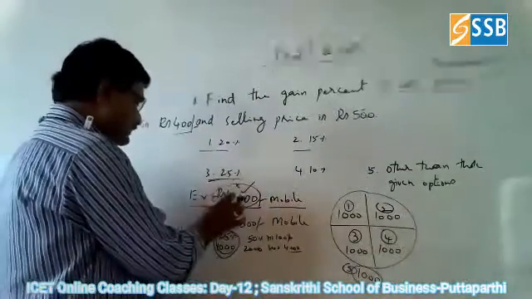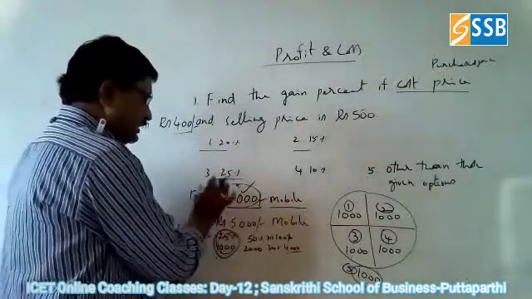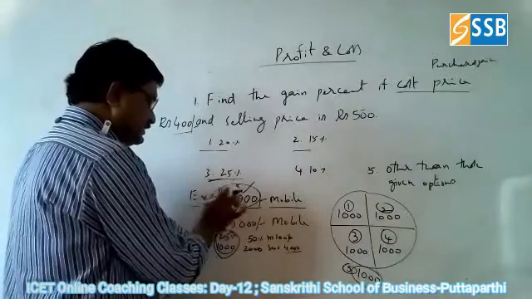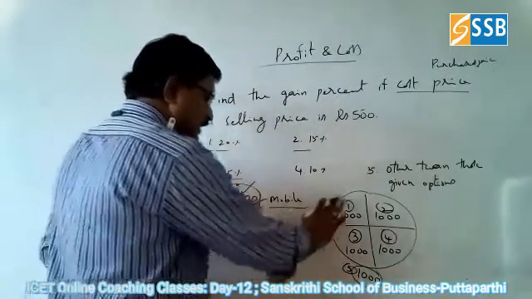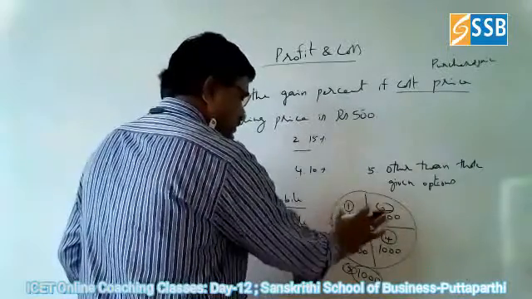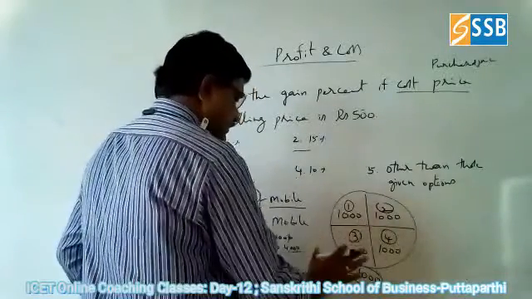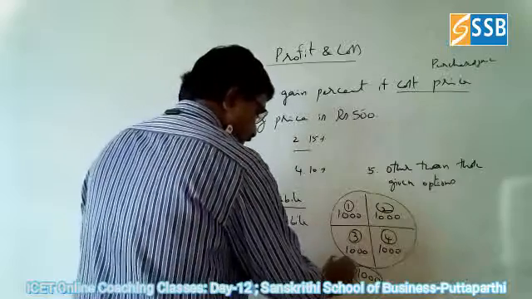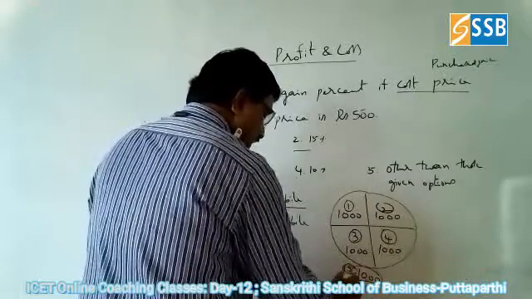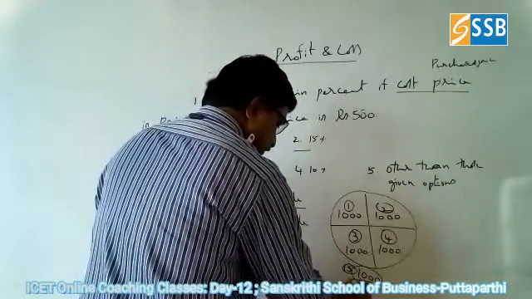So here, 4,000 rupees purchase cost, or cost price, is sold for 5,000 rupees. 4,000 rupees I make as 4 parts: 1,000 rupees, 1,000 rupees, 1,000 rupees, 1,000 rupees. Apart from the 4 parts, he added one more 1,000, a fifth part. So he sold for ultimately 5,000 rupees.